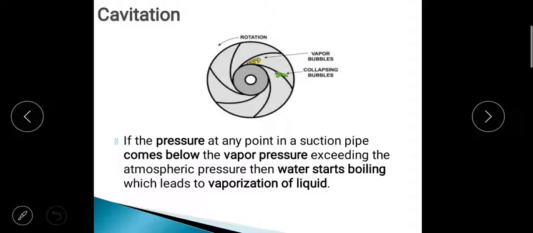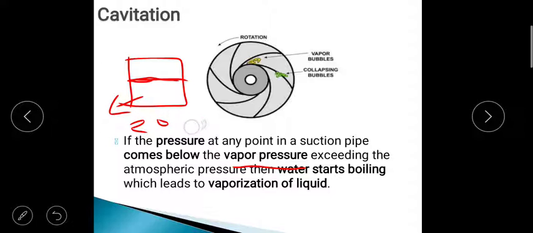So what is this vapor pressure? You have heard the word here, vapor pressure. What is this vapor pressure? Like an example, if I take a closed container and put some water in this, and this water or liquid is at 20 degrees Celsius. The water is completely closed in a container, so I'll start heating it.